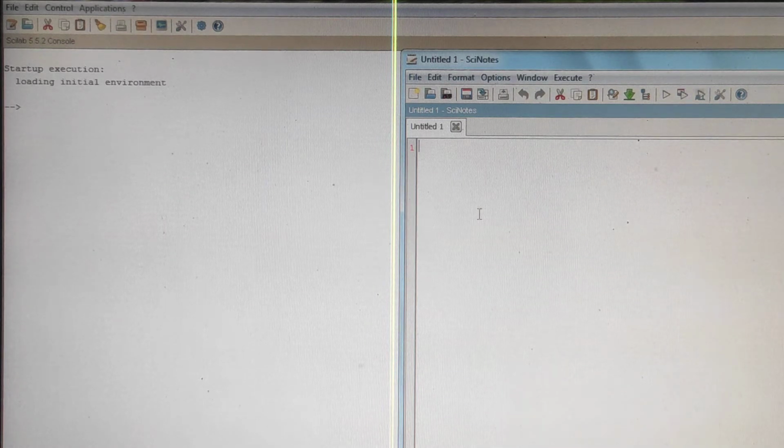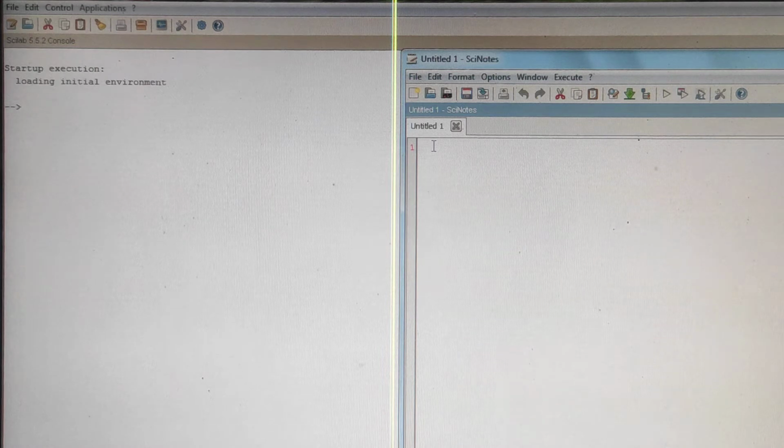Today I am going to tell you about the transpose of a matrix and how to find the transpose of a matrix by Scilab, and the version which I am going to use is 5.5.2. In my previous videos I have told you how to find the inverse of a matrix and how to find the sum and difference of two matrices. So today I will tell you how to find the transpose of a matrix, and we will verify the four properties of transpose of matrices. Let us first see what is the code for transpose of a matrix, and then we will verify the properties.